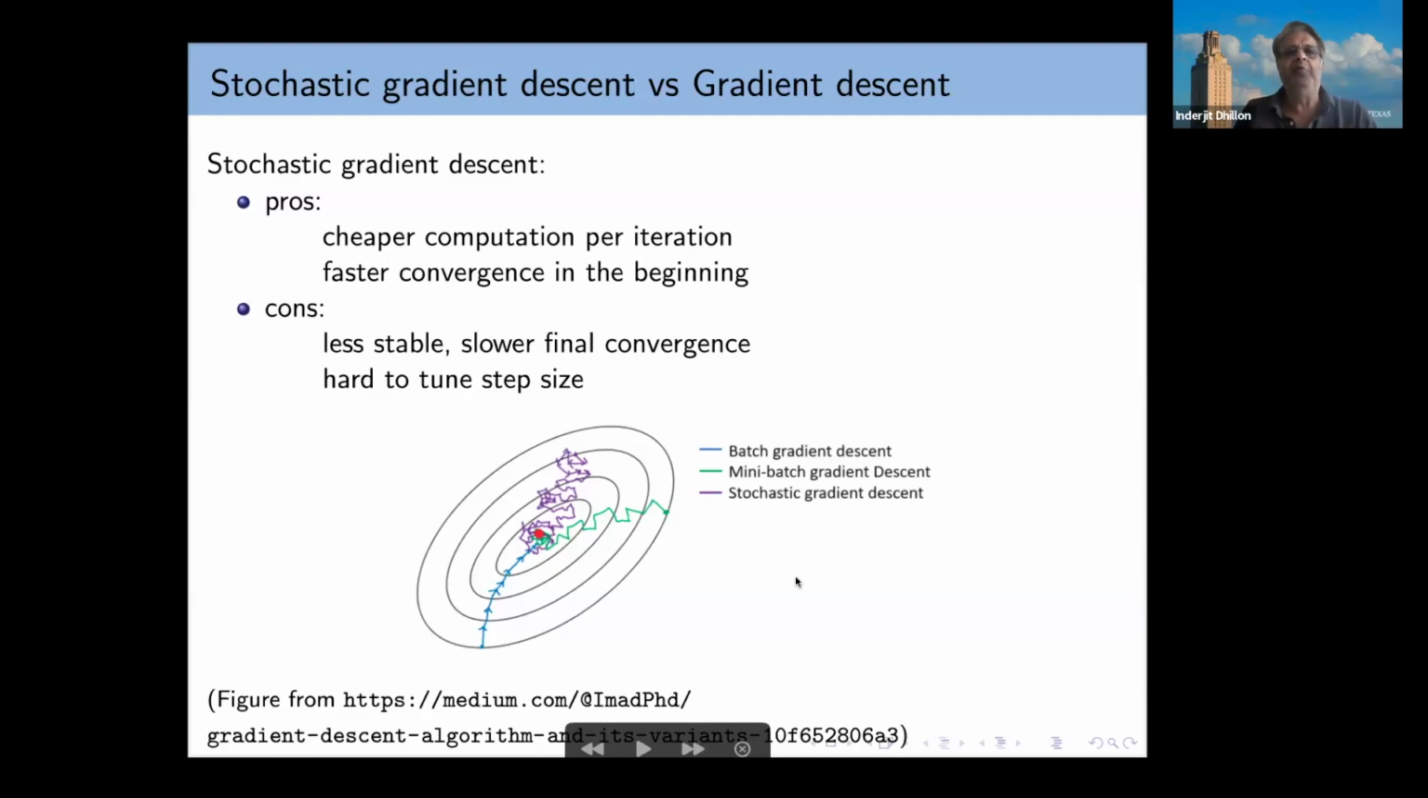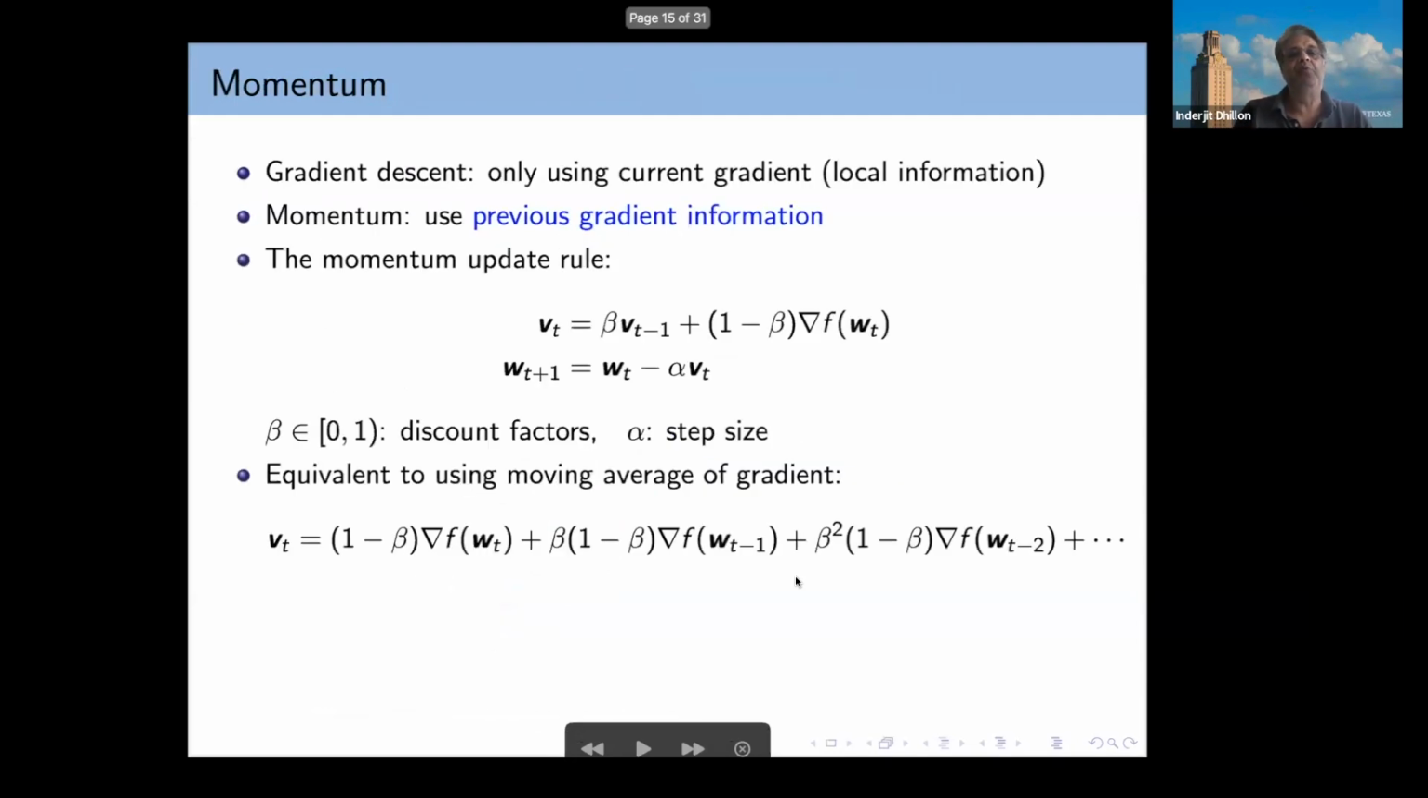Okay, so let's move on to see how you can try to improve stochastic gradient descent. Stochastic gradient descent, as we saw, takes Wt plus 1 from Wt. Actually, let's first contrast gradient descent and see how we can improve it. Gradient descent has this update, right? Wt plus 1 is equal to Wt minus alpha times the gradient of f at Wt,